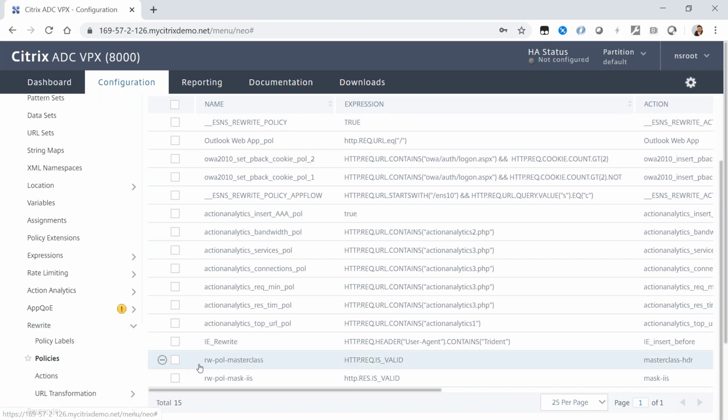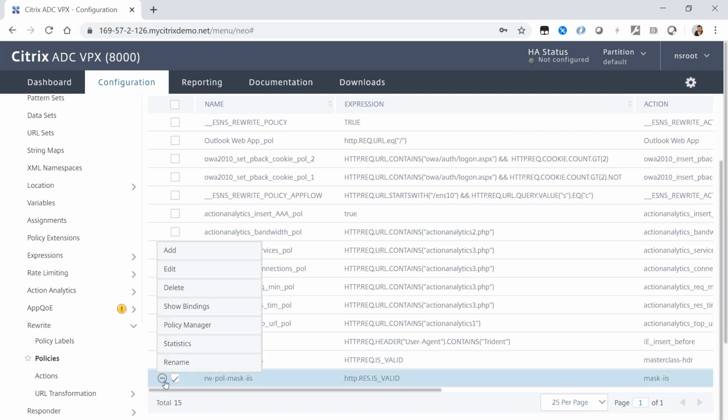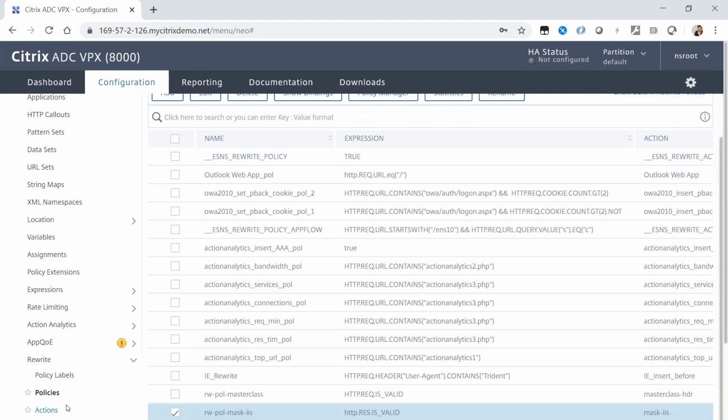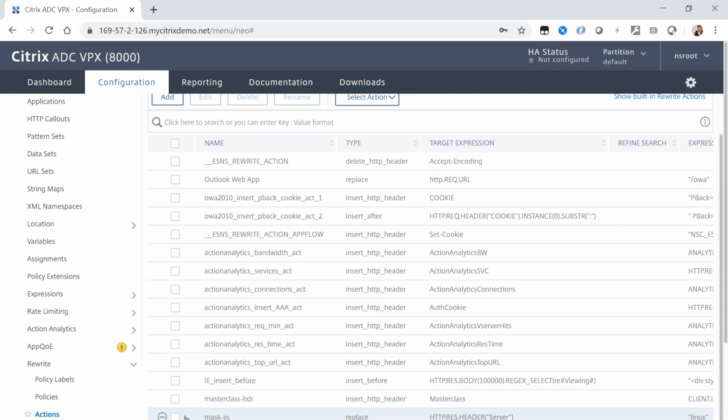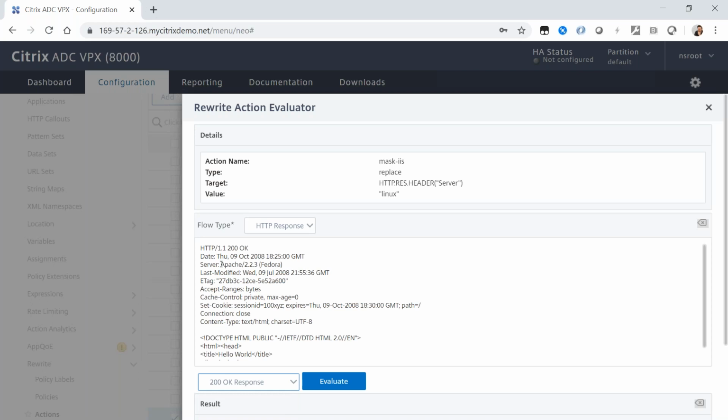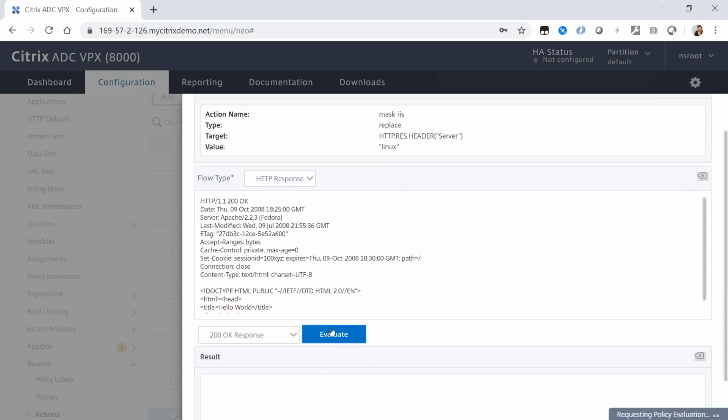And the way we can do that is we go to policies, we go here, to our action, and I'm going to click on evaluate. Now this is pretty awesome. I love this functionality. So a sample response, okay? It's a response flow type. That's what I'm going to look at. Here it gives me just a standard 200 OK, and server here is Apache, and I simply go evaluate,